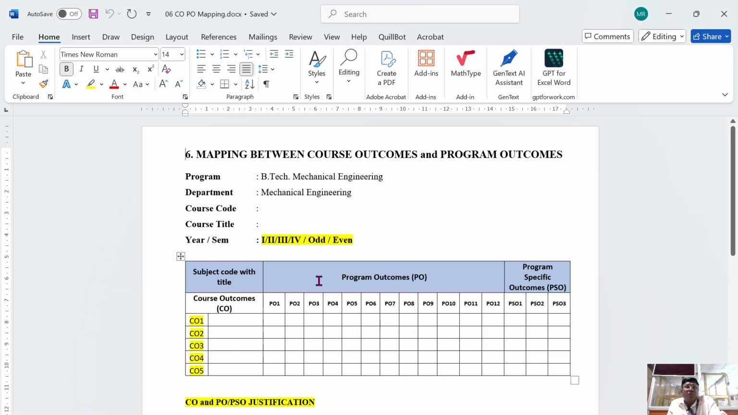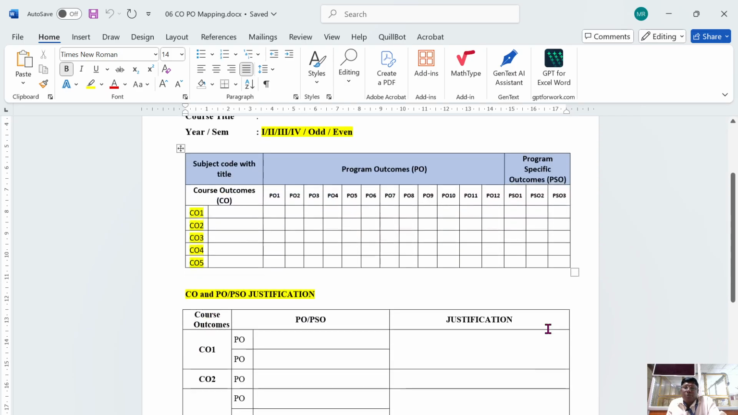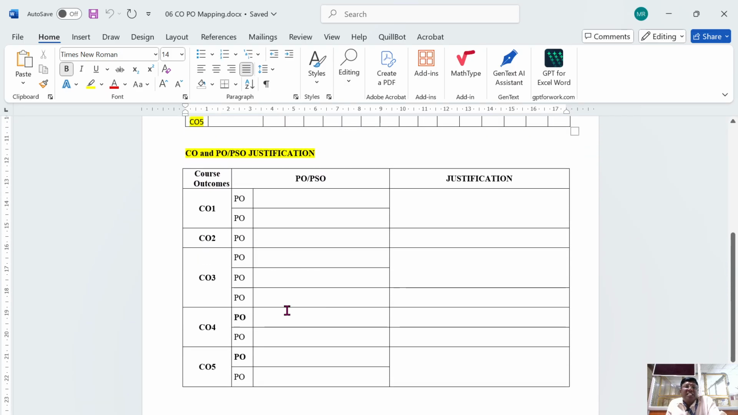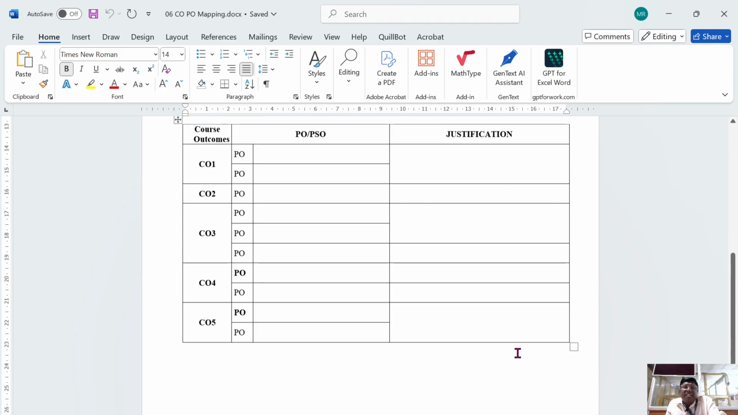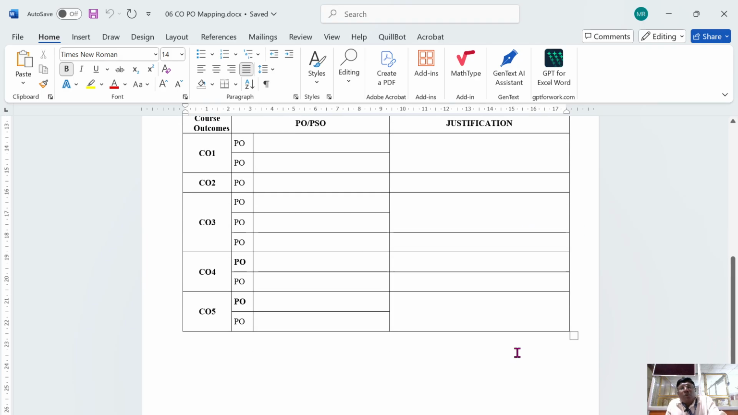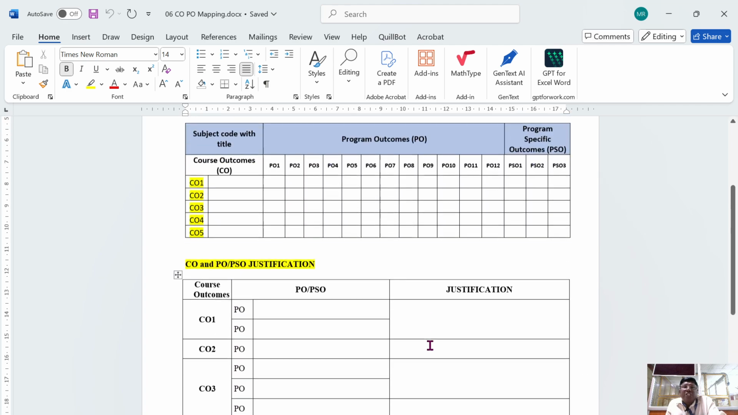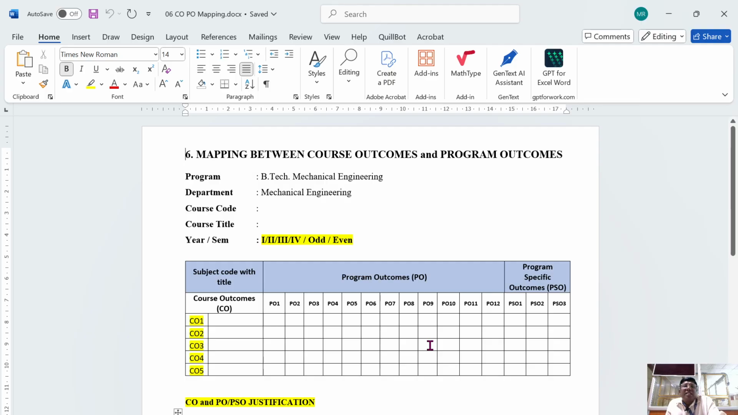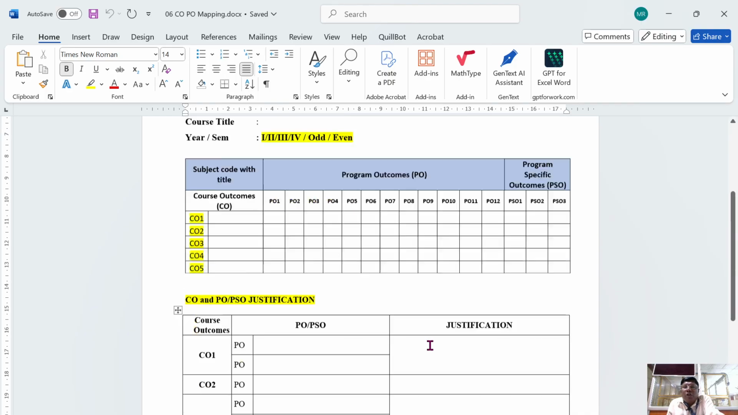What is the program outcome and the corresponding PO and CO, program specific outcome, and what is the justification: how the CO is related to the corresponding PO and PSO, and with the justification, what content while we are teaching the corresponding syllabus, we are satisfying the PO requirement as well as how we are satisfying the CO requirement. That is the content that has to be filled up here as a mapping between course outcome and program outcome,